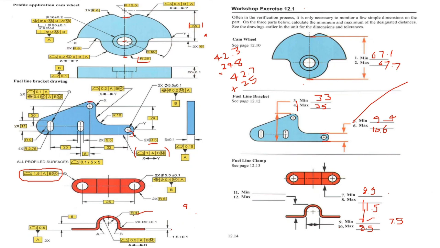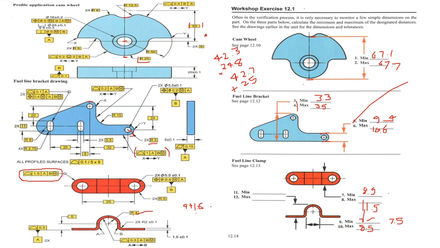And we have to add this one, which is 1 plus 1.5. So for the maximum, this 4 plus the 5, 9, plus this 1.6, plus this 1.6,